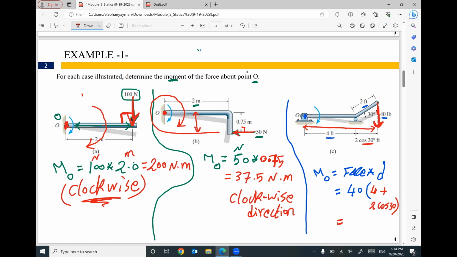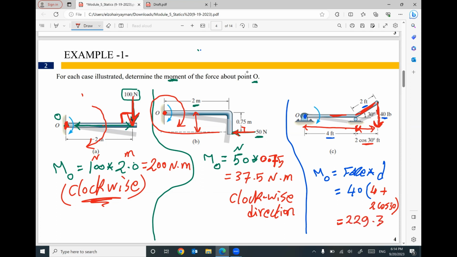Do you agree? So the horizontal distance is not 6. 2, this is the inclined distance. I cannot add this distance plus this distance. No way, you are kidding. So the horizontal distance for this part is 2 cosine 30 plus 4, times 40. Your final answer will be